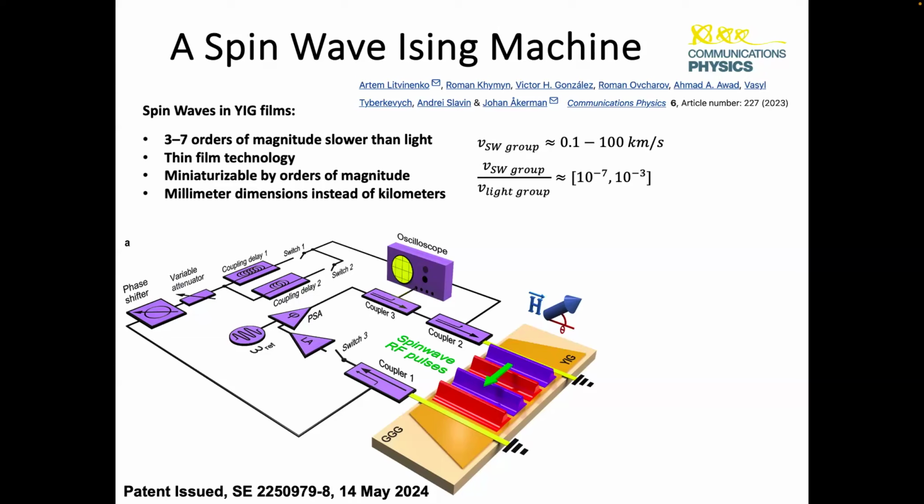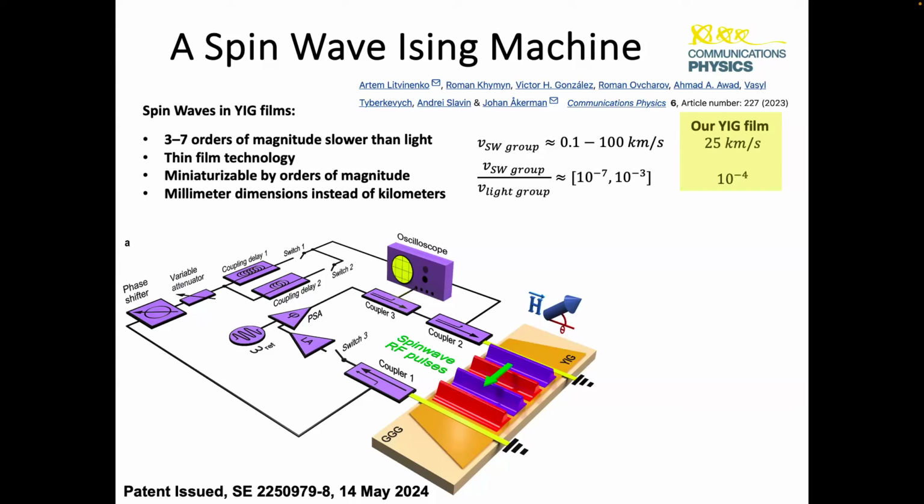Now, the film we picked is not optimized. So spin waves are highly nonlinear. That's why the group velocities can be so immensely different. And the group velocity we're going to use is not particularly slow. So 25 kilometers per second is unfortunately quite high. So we will not be able to miniaturize this so much in the first step.